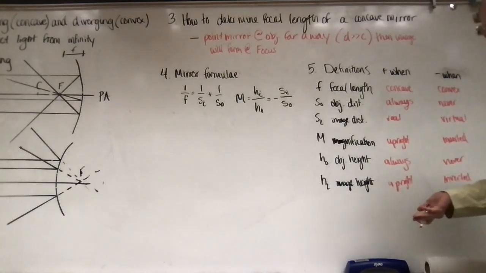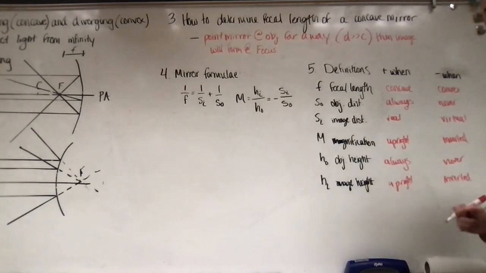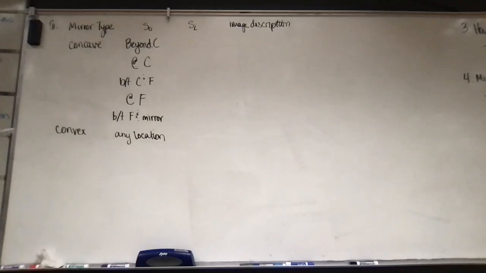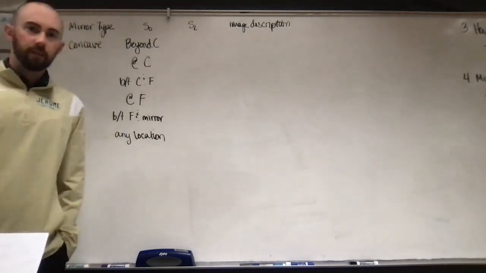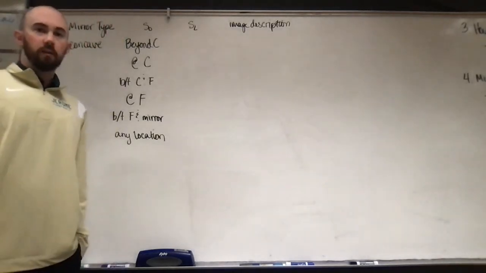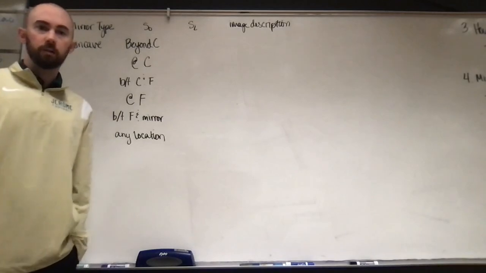Smaller than 1, then it's smaller. And if it's exactly 1, it's the exact same size. All right, finally, this is some stuff that you should have seen in the lab. This is where we determine where the images should show up based on where you place them and with what